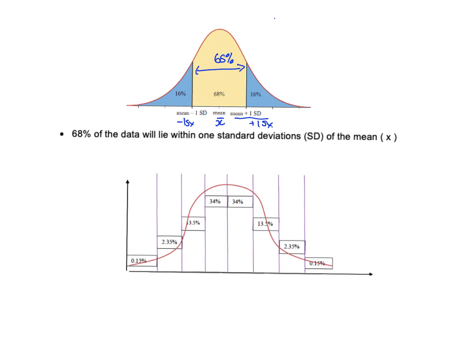Now, if you think about it, if you did 100 minus 68, you'd be left with 32% left over. Is that true? Now, you've still got these little tails here. So if you divided that by 2, you get 16%. So we can say these little tails are 16% of the data. So what I can say here, you might write,